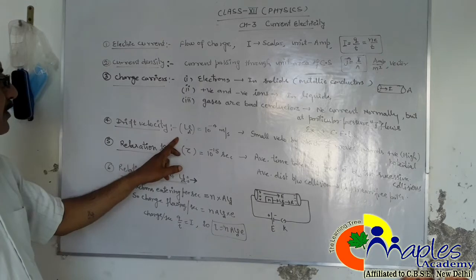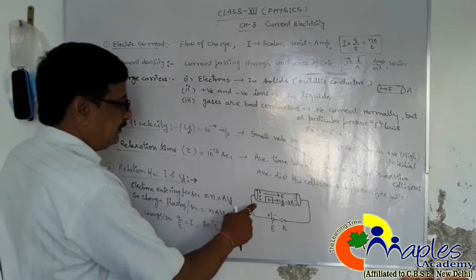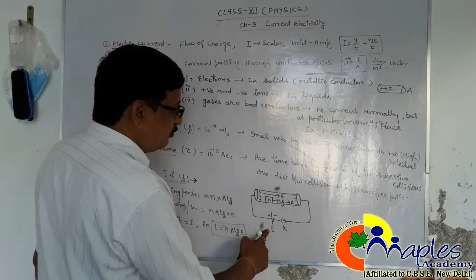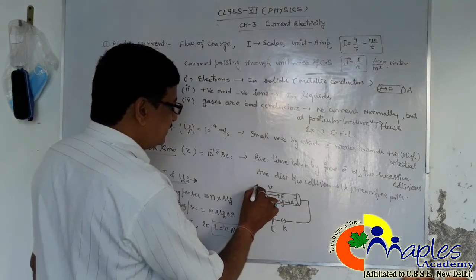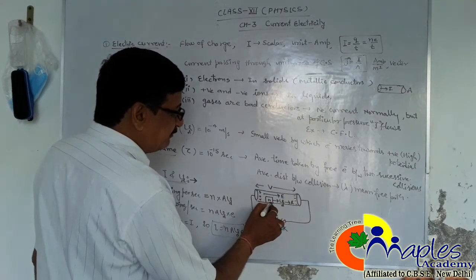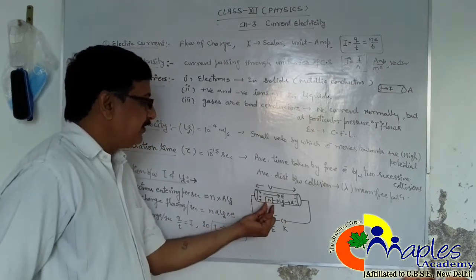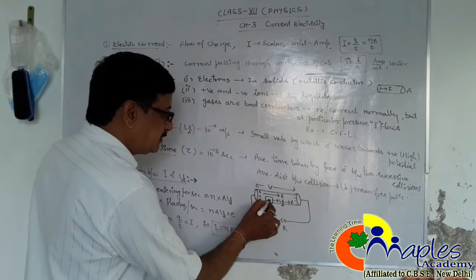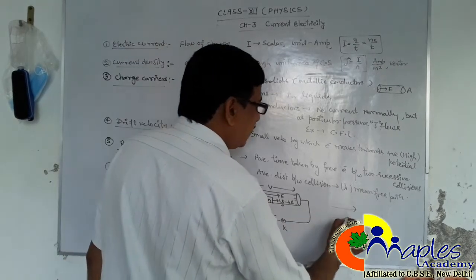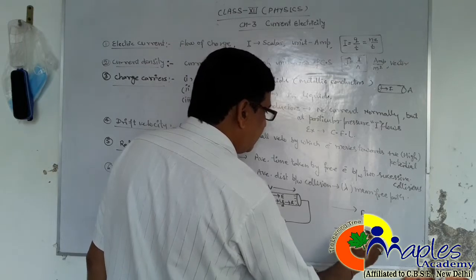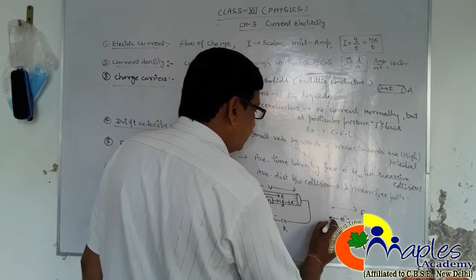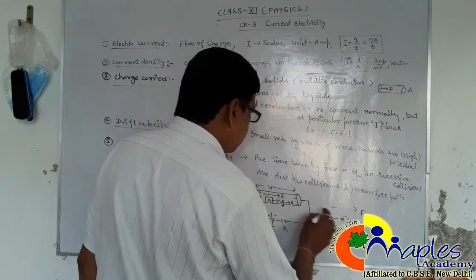Now drift velocity. When we connect a conductor or wire with the terminals of a battery, meaning we apply a potential difference, then one terminal is positively charged and the other negatively, so an electric field is developed inside the conductor. The free electron density per unit volume is N. This free electron experiences a force F equal to QE by this formula. Electric field is developed, so the electron experiences a force in the opposite direction and starts to move,